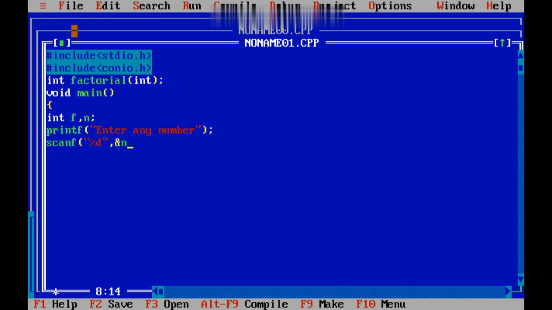Right? So here f equals factorial of, what is the number you are passing? Actual parameter n.